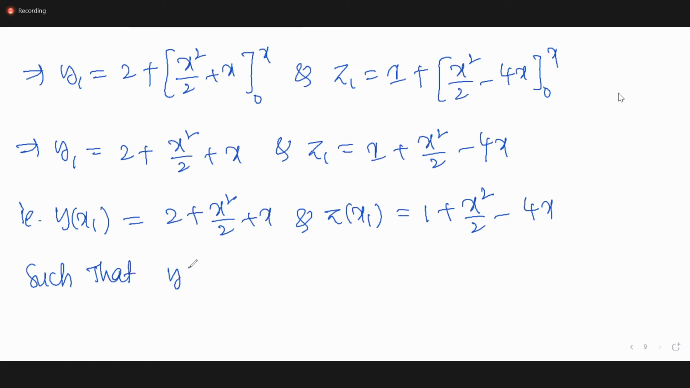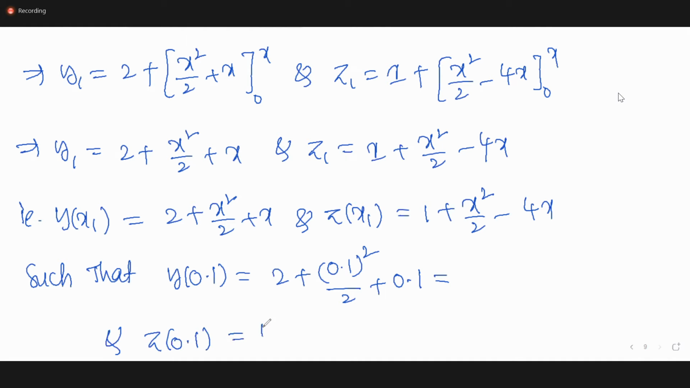Now what is y of 0.1? Y of 0.1 is 2 plus 0.1 whole square by 2 plus 0.1, and that is equal to, and z of 0.1 is equal to 1 plus 0.1 whole square by 2 minus 4 into 0.1. What is the first value y of 0.1? In the first approximation,